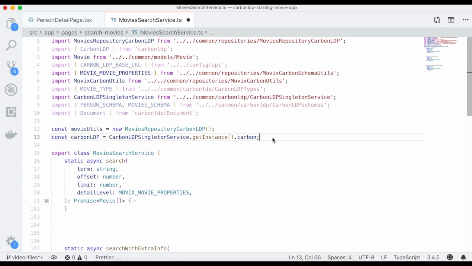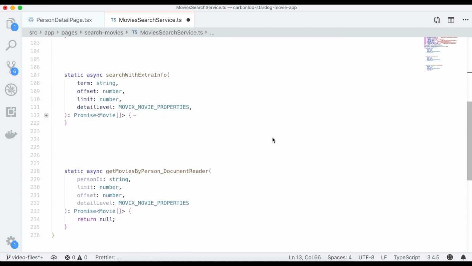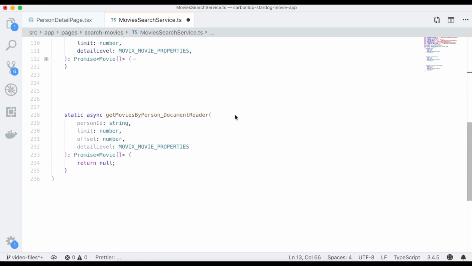Let's start developing our function. It will be named getMoviesByPerson, and for clarity, let's specify the Carbon LDP tool we will be using to retrieve the information. In this case, the document reader. Now, this function receives the ID of the person whose profile we are displaying, which is a string, a limit,